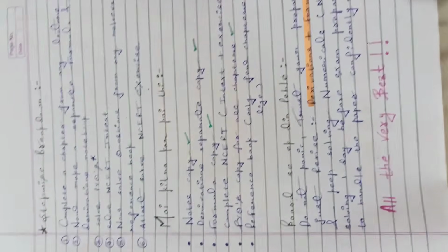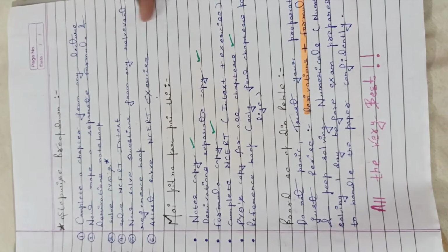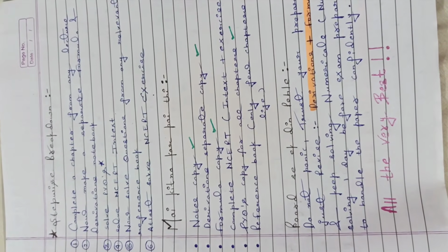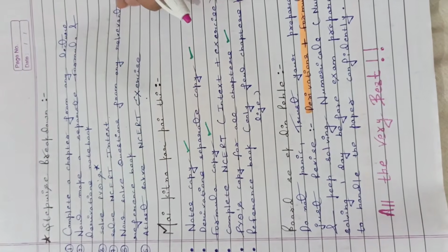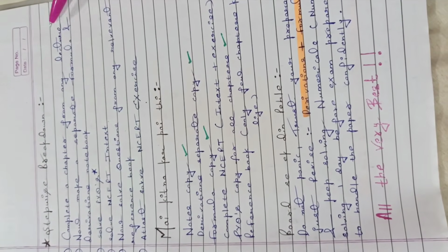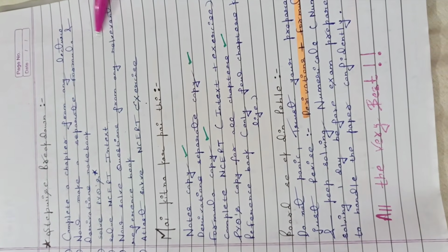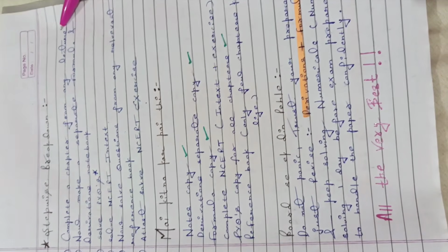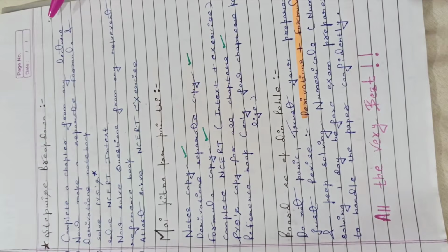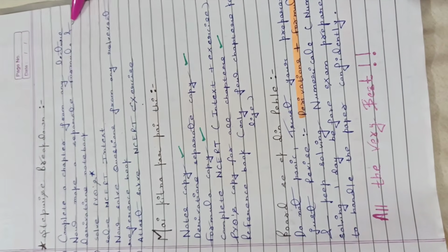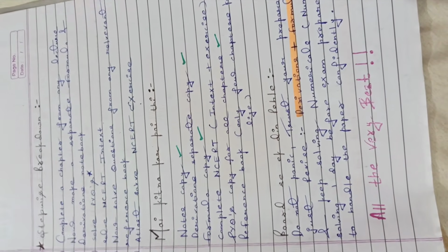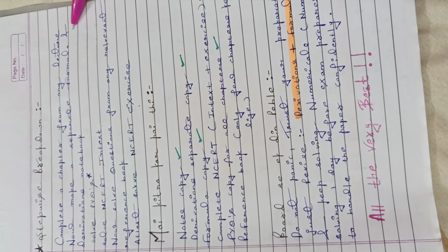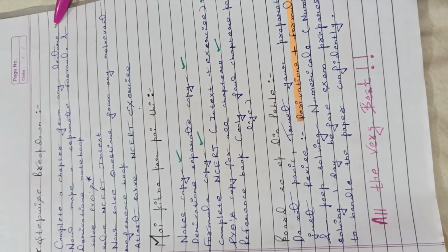So here is the breakdown of those 6 magical steps that helped me score well in the class 12th board exam. These are the steps you need to follow, and don't break this series. First, complete a chapter from any lecture, and after completing it, make a separate formula and derivations notebook. These are going to be the weapon of revision during your exams.